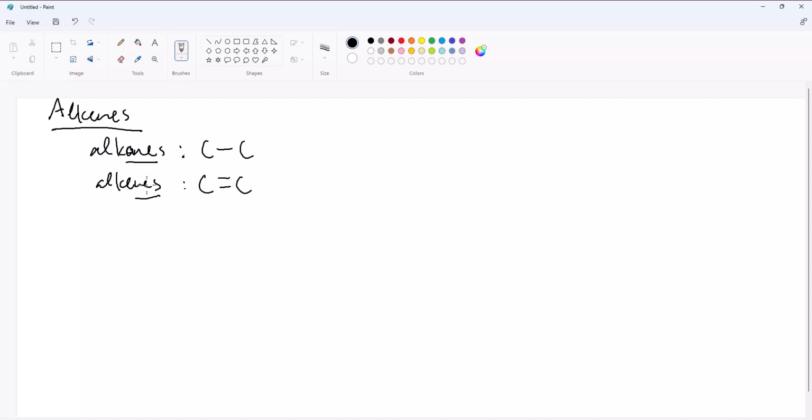We have ANE denoting alkanes, ENE denoting alkenes. So for instance, if we have H3C-CH3, we would name this ethane. If we had H2C double bonded to CH2, we would name this ethene with an ENE. Naming is similar to the naming of alcohols. The priority goes to the double bond unless there's an alcohol in the molecule,